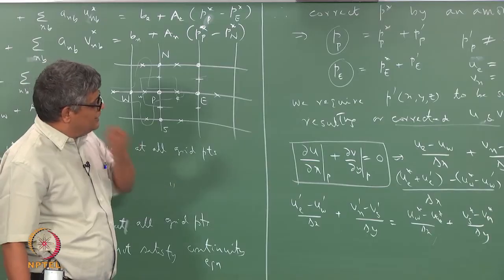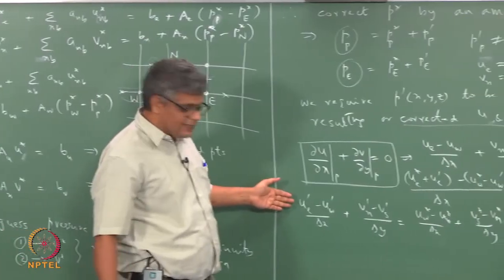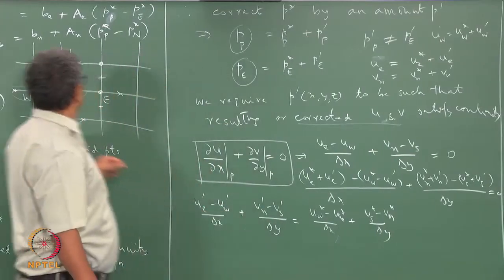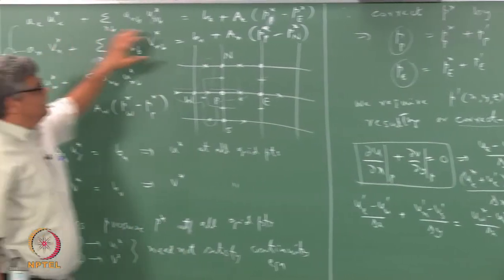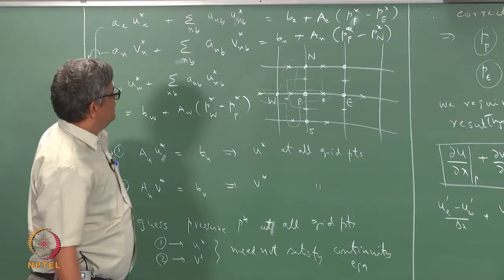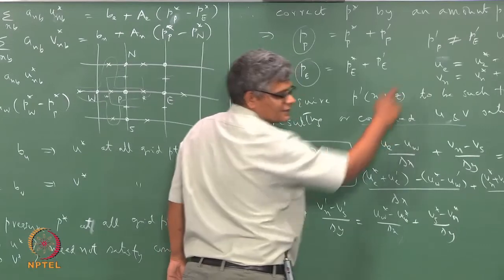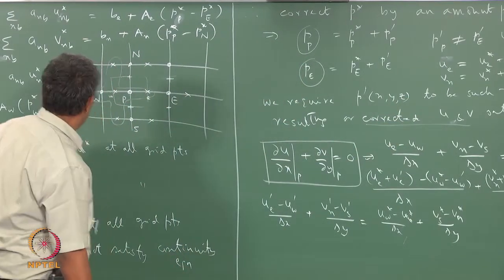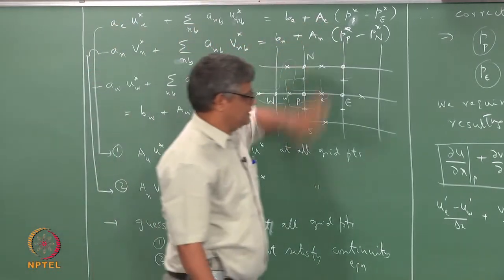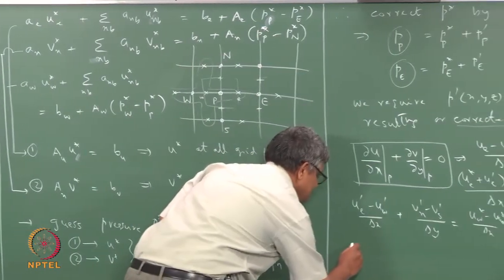So what we do is that we try to write these velocity corrections in terms of the pressure corrections, because we know from the momentum equations that whenever we change the pressure, the velocity also changes. Okay, and how can we do that? The true velocities that we have got will be satisfying the discretized momentum equations with the true pressure fields. So for example, if you substitute the true pressure field here, we can write the